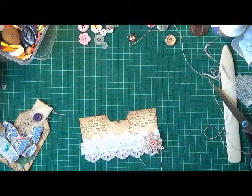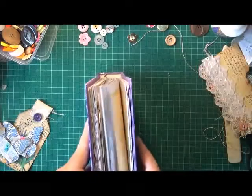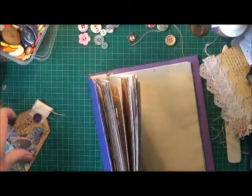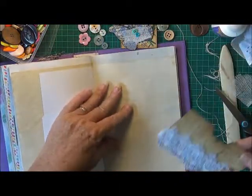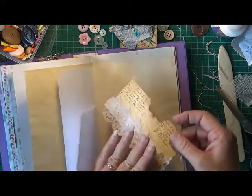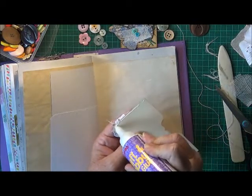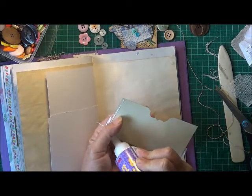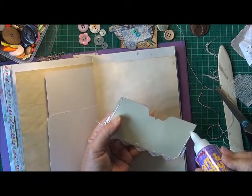That's okay. So I'm thinking this needs to go on a page, so we'll go kind of like towards the back. And that's going to go right there. I know it does need to dry more, but I'm racing the clock now. So down that side, along the bottom, and up there,